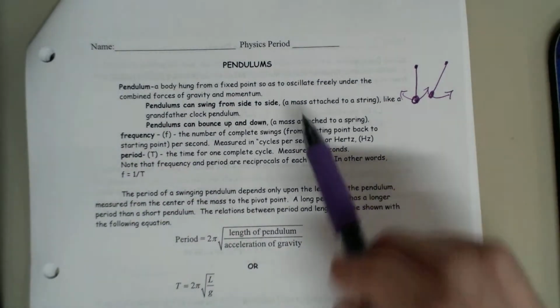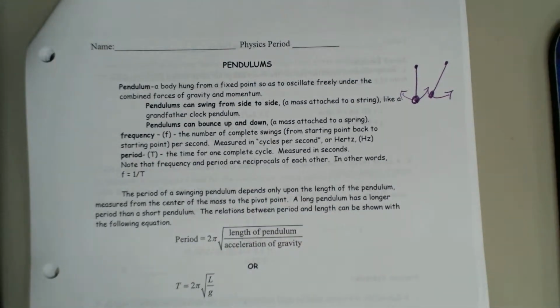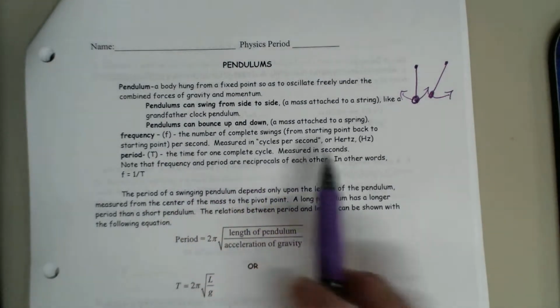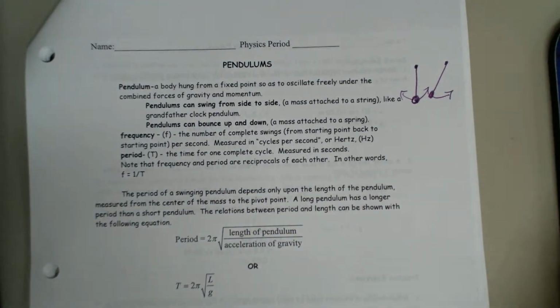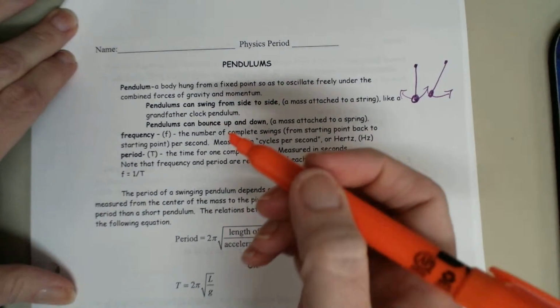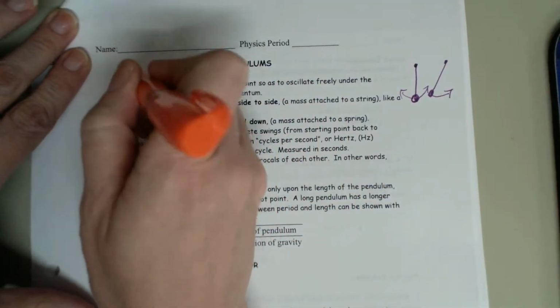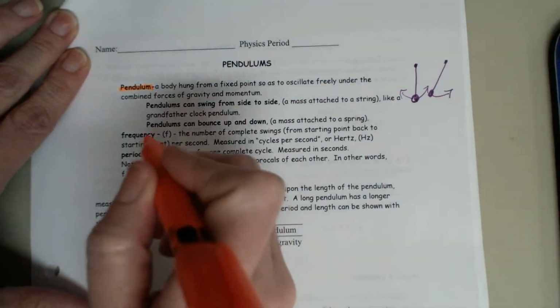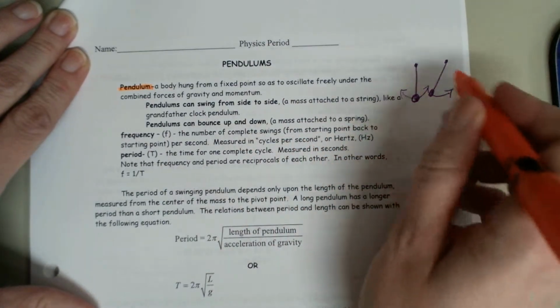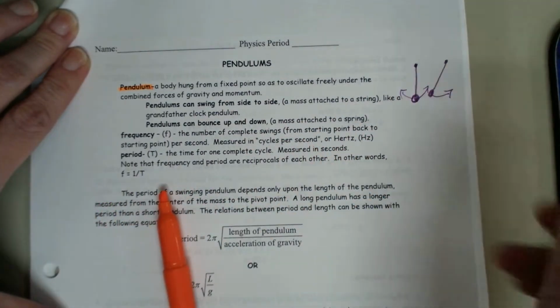They can swing side to side. They can bounce up and down. That would be what you call a spring. Okay. The frequency is the number of swings from the starting point back to the starting point. So these are some vocabulary words that you need to know. Okay, what a pendulum is. And it can be one of these things that swings back and forth, or it can be